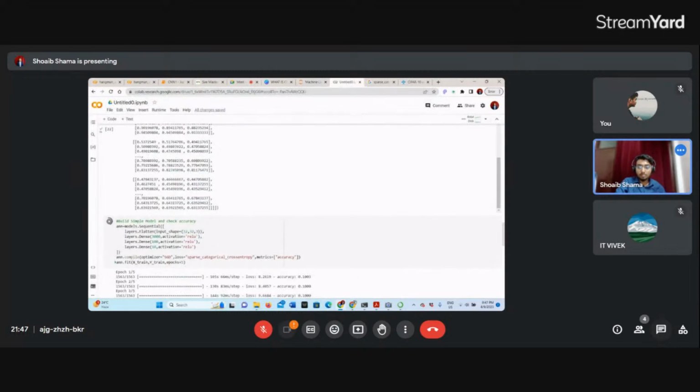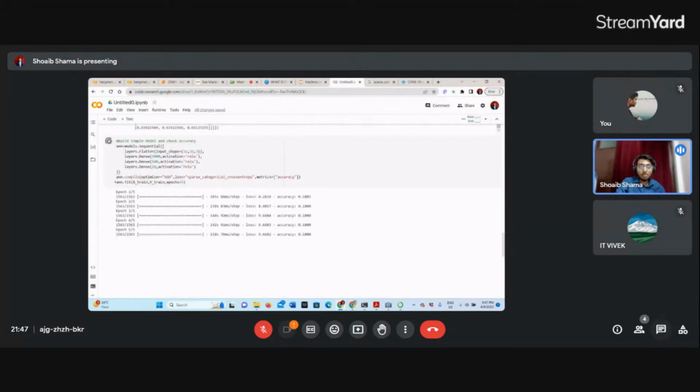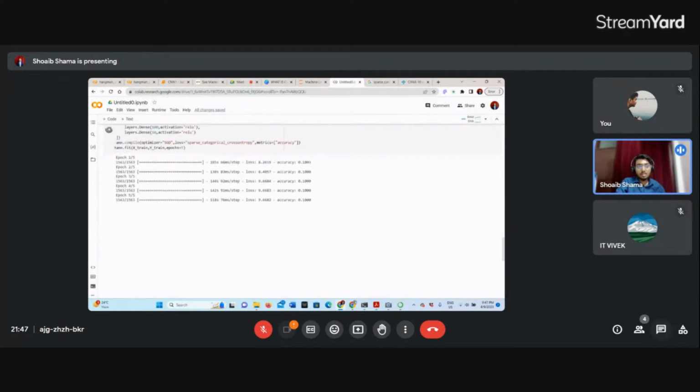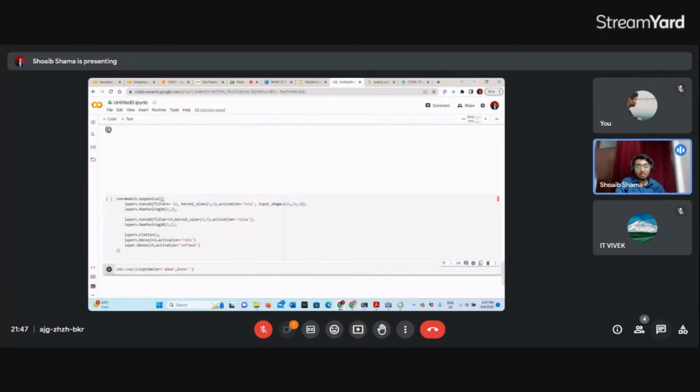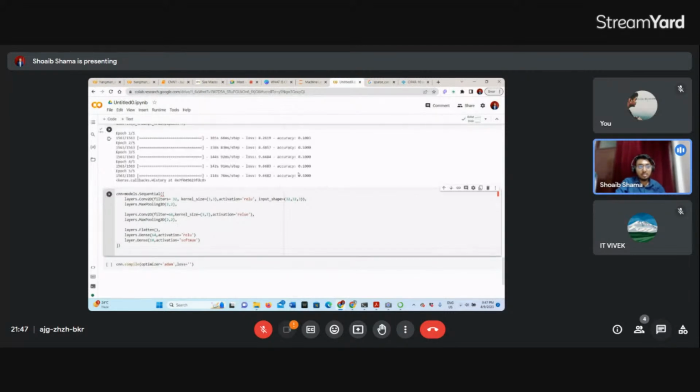So you can see how low the accuracy is. It's still running, but you can see it's like nothing. Accuracy is literally zero. And now just see when we use CNN how the accuracy and speed increase. Why is it showing an error? I don't know. Let's run this.